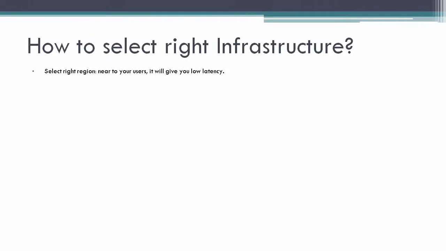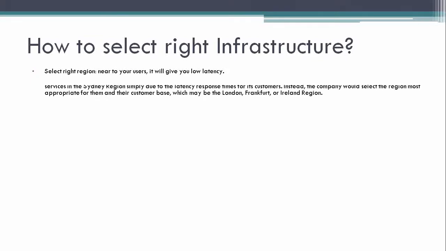While selecting an AWS region, you have to think about where your users are exactly located in the world. You can select the nearby region, so you will get the benefit of low latency and best performance.